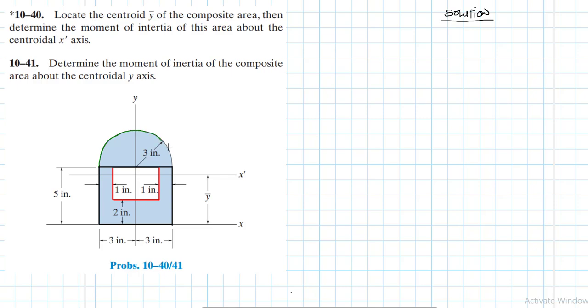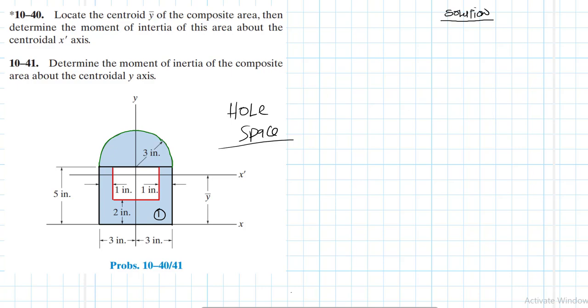Okay, of radius 3. So I have basically three shapes. My first biggest rectangle, I'll assign it my shape number 1. And then this smaller rectangle, which is basically a hole, some space through this